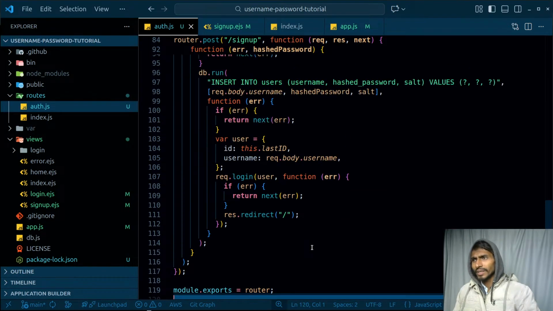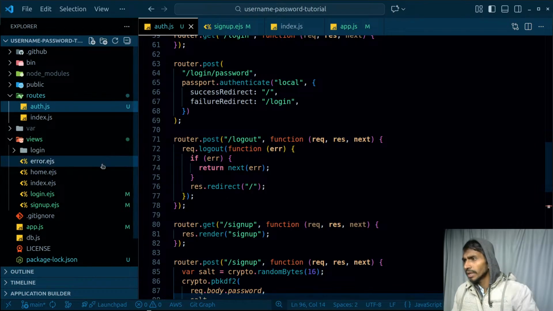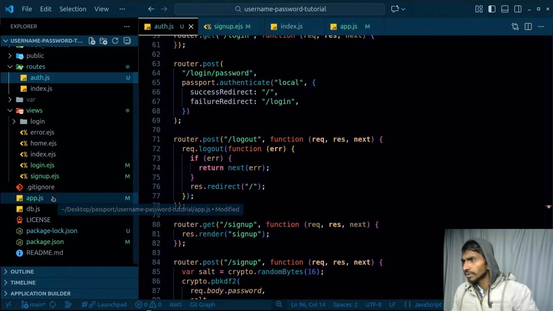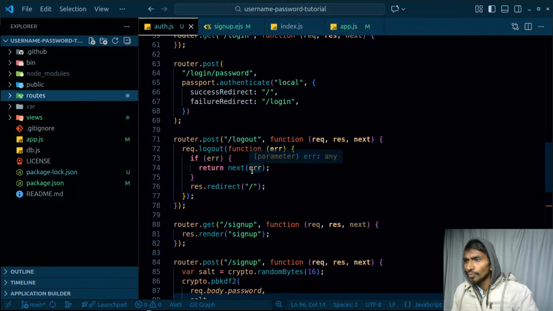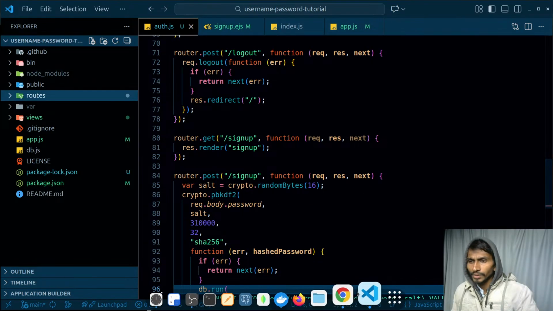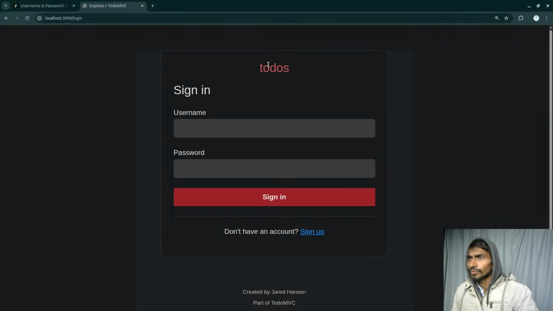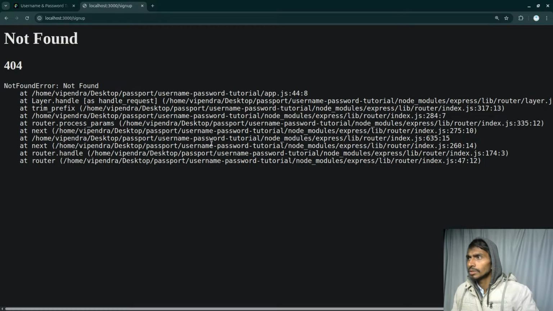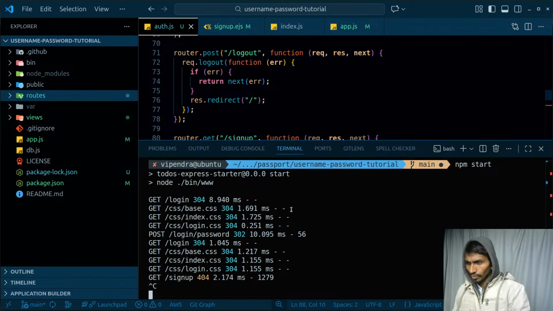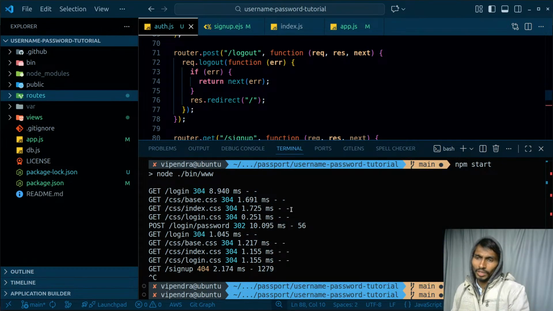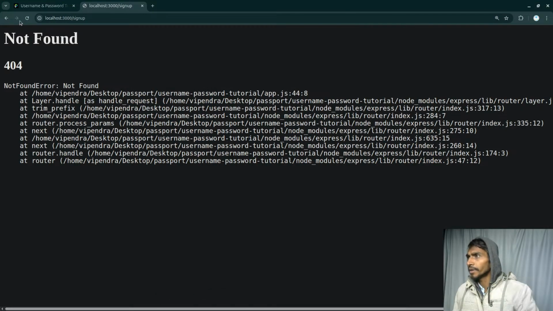Overall things are clear, right? You don't really need to worry about many things. The only thing is, how will I connect my database over here? I don't think that's being connected right now, but first of all let's go to the sign up page, whether I'm getting the sign up page over here or not. So sign up page 404 not found, because I will have to restart it if I'm not wrong. So npm start is gonna be enough for me, and let's reload the page right now.